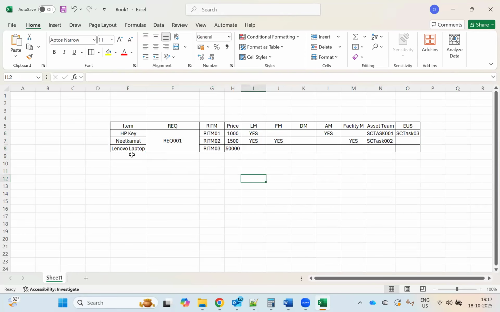Then Lenovo laptop. We have a Lenovo laptop which costs 50,000. Okay, line manager has to approve, finance manager has to approve, department manager has to approve, asset manager has to approve. Then once that is created, SC task will generate 004. Then SC task 005. So these all are